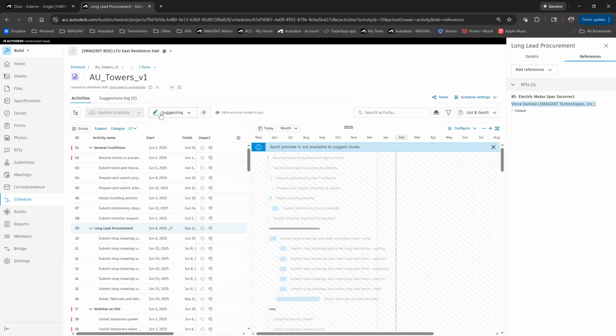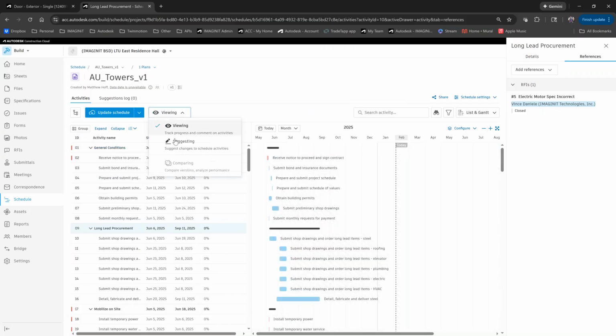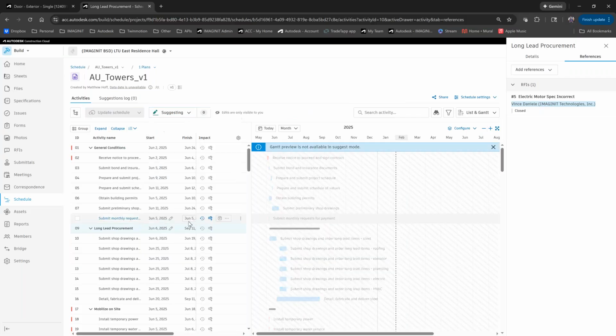Matthew also mentioned that we have the ability as the CPM, maybe we're uploading the project schedule and our team, we can control who has permission to do this, but we want different people on the team, whether it's the superintendent, foreman, project engineers, project managers. We want them to have the ability to update or make suggested edits to the schedule from things that are impacting the construction schedule. So if I switch from a viewing mode, which I was just in, to a suggesting mode,